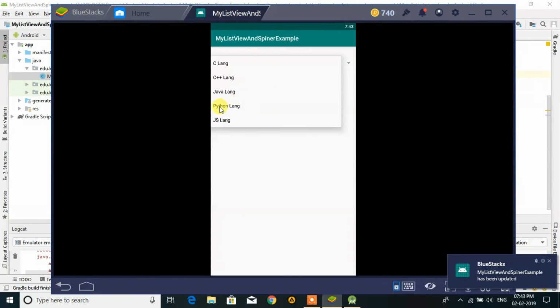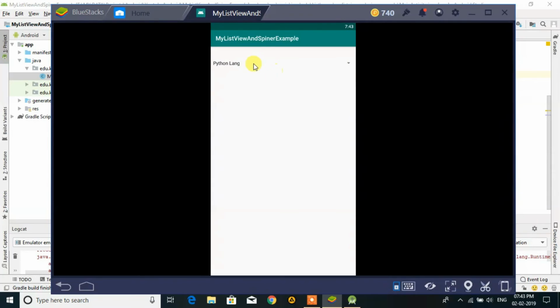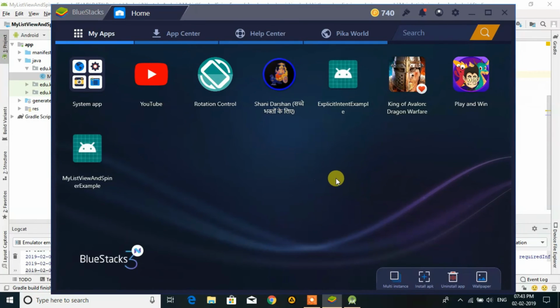When I select more languages, Python, it will also display Python language. So this way it will run, and you see this is the drop down layout, and this is the single spinner layout. So there are two types of layout attached with this, and this data is coming from the adapter, and this is the toast. So this is all about the spinner.